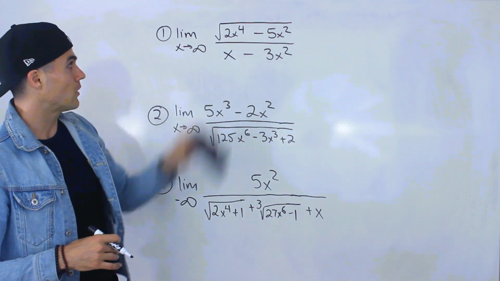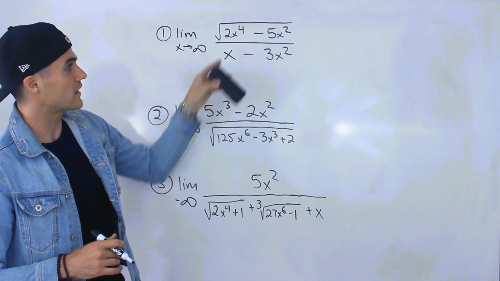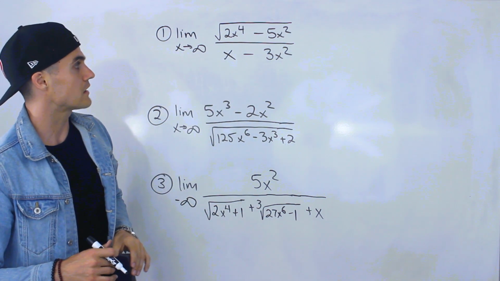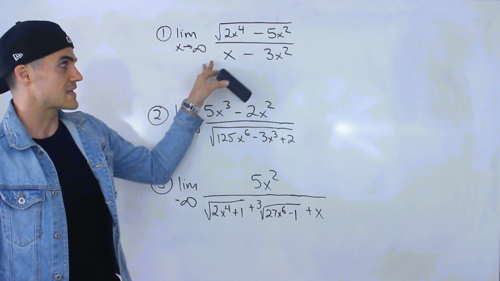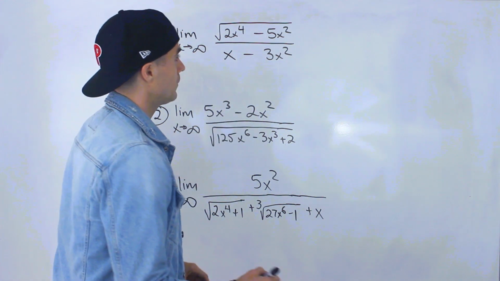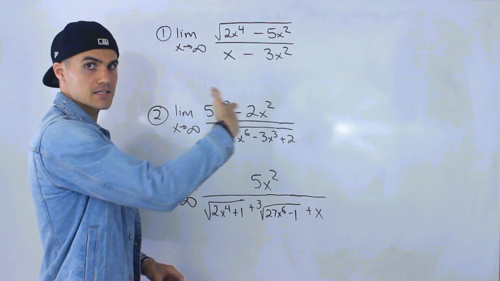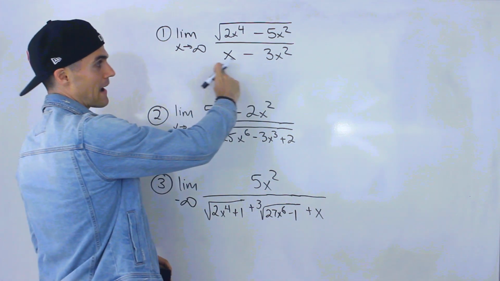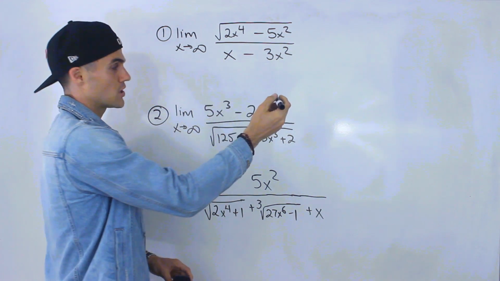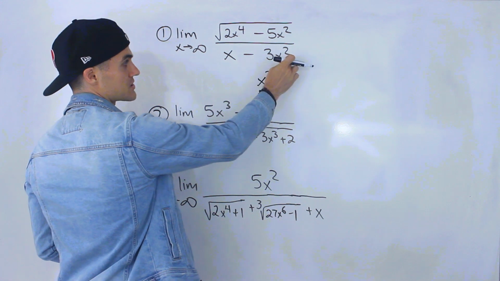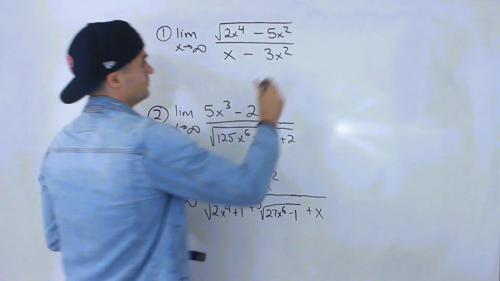So starting with number one, we got the limit as x approaches infinity of the square root of 2x to the 4 minus 5x squared all over x minus 3x squared. So if you remember, with something like this, what you want to do is divide everything by x to the power of the highest power in the denominator. And notice the highest power in the denominator is what? It is x squared. It's this 2 over here. So what we would do